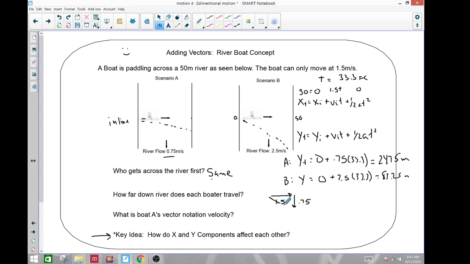This is the actual inline speed. So I have an adjacent and an opposite for this angle right here. Let's use the Pythagorean theorem to get this inline velocity: 1.5 squared plus 0.75 squared, square root of that, and the velocity inline is equal to